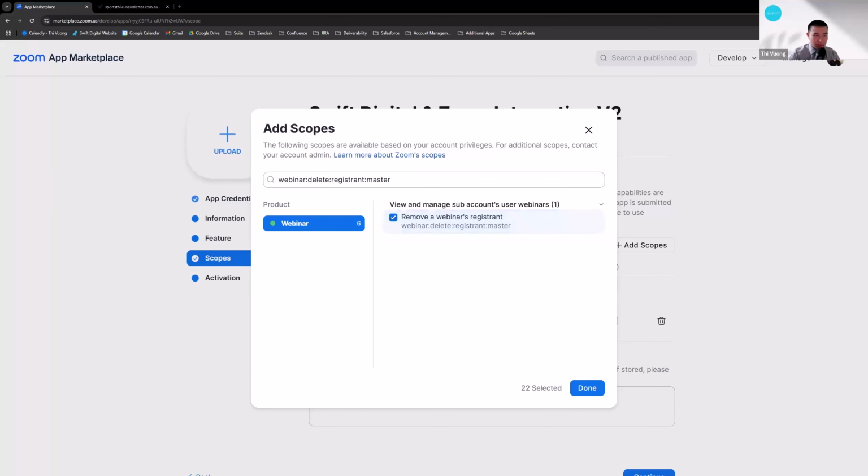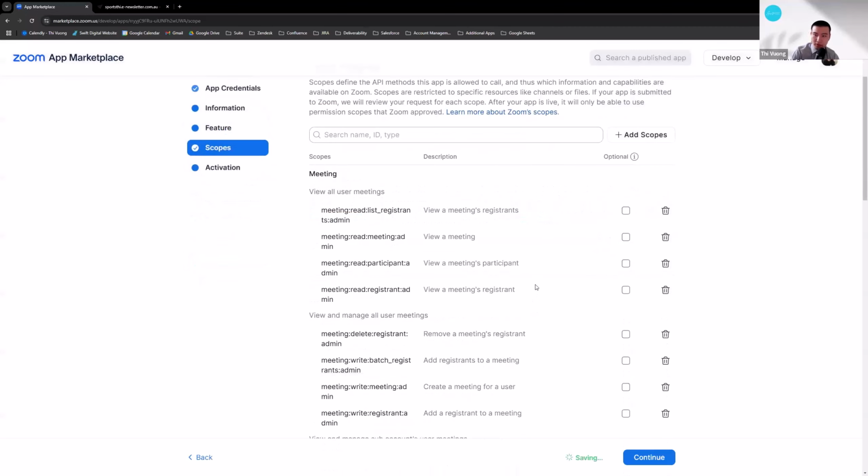Might be missing one. Let's just check the list. There we go. So now that we have 23, we can click done and should show you all the different